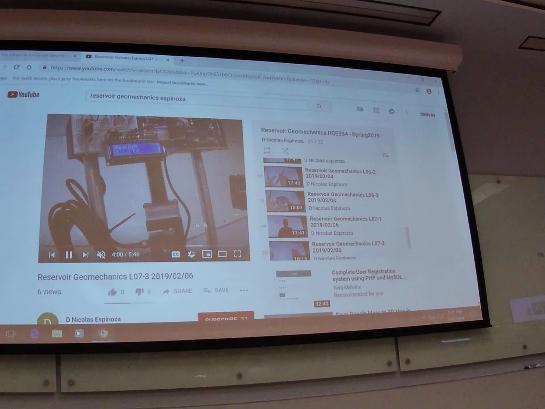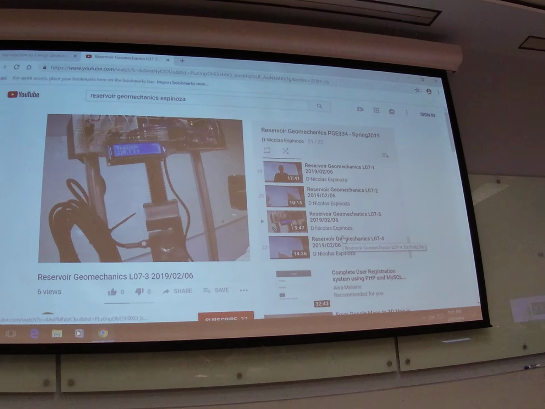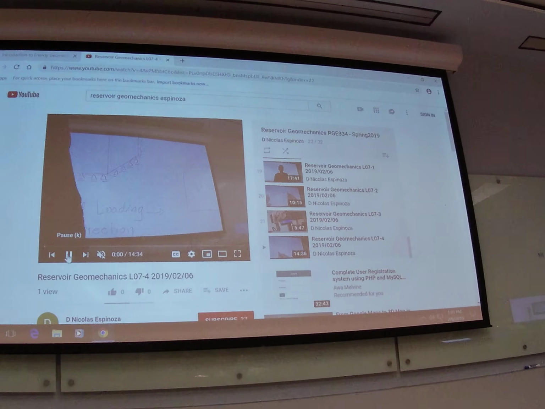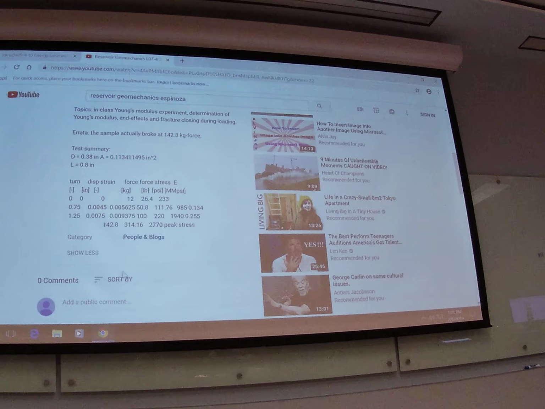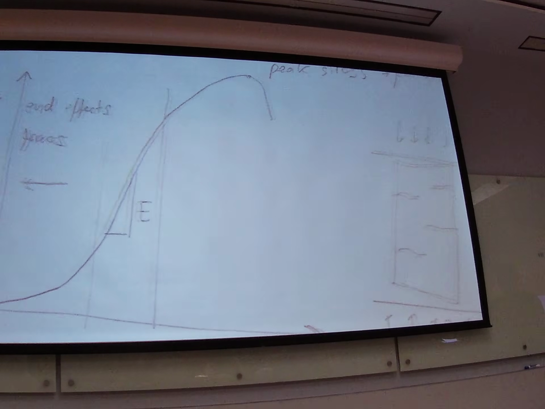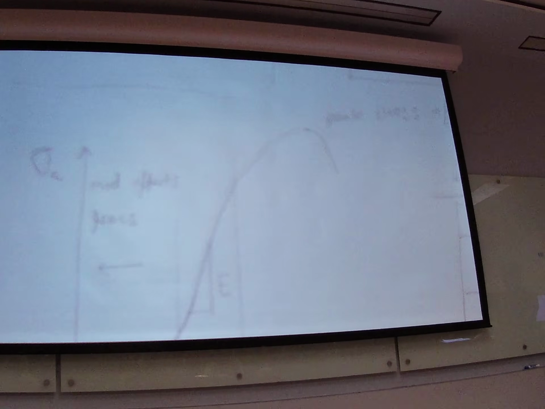This one doesn't look very nice. Let me see the next one. Okay, this one is a little bit better, okay? So the first column is the time, second is displacement, third strain, fourth is force, and then you have stress. And if you use those numbers, you will see that at the point in between